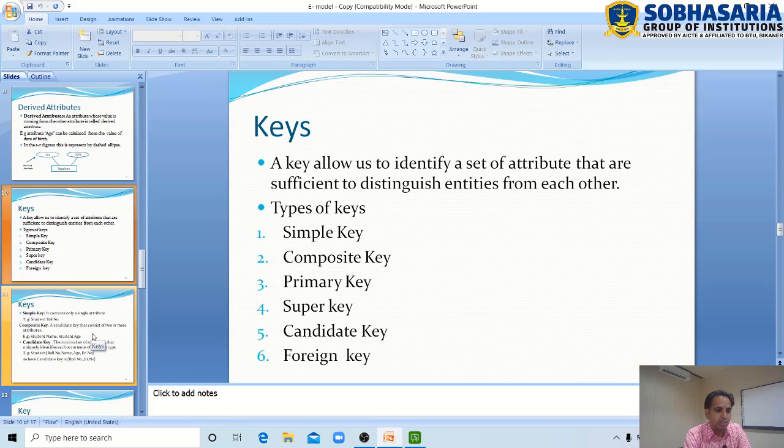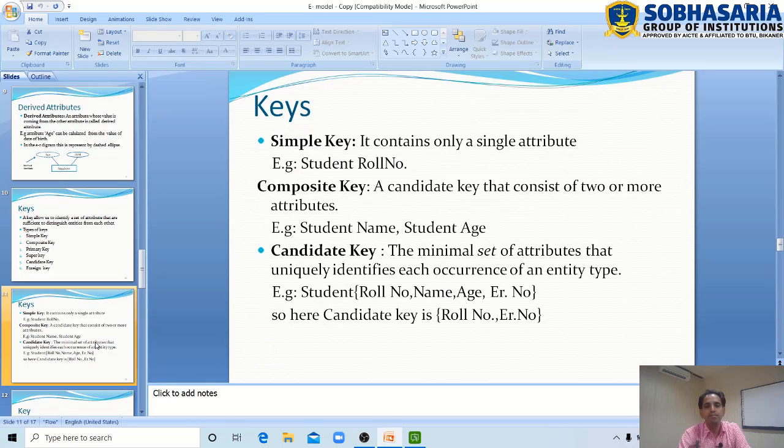Now, we discuss what is simple key. It contains only a single attribute. For example, student roll number. In the entity set where only a single attribute uniquely identifies any entity, it is called simple key.